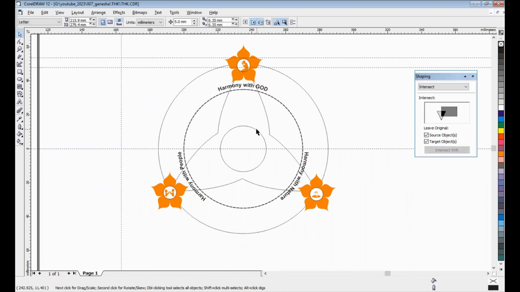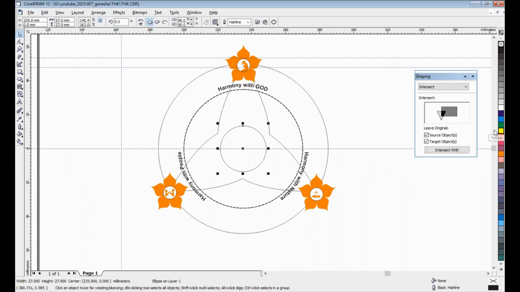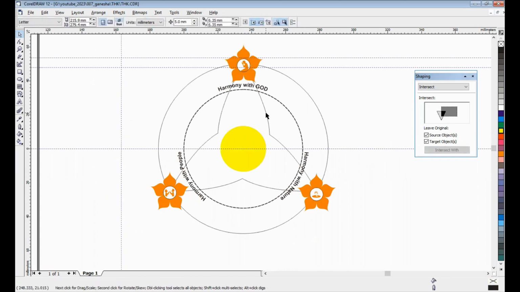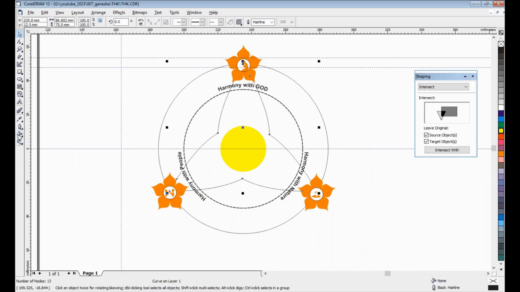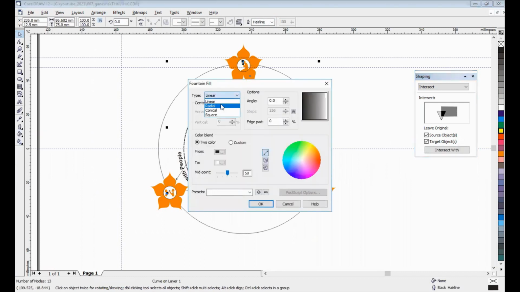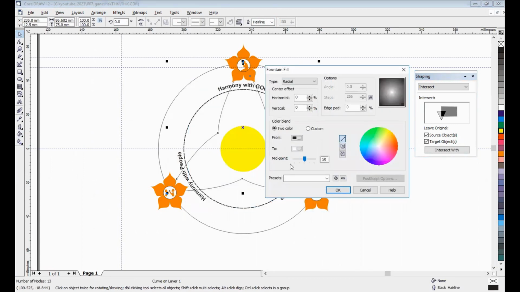Maybe yellow. Then I use fountain radial. Yeah, maybe yellow. I think it's yellow. Okay, maybe orange.